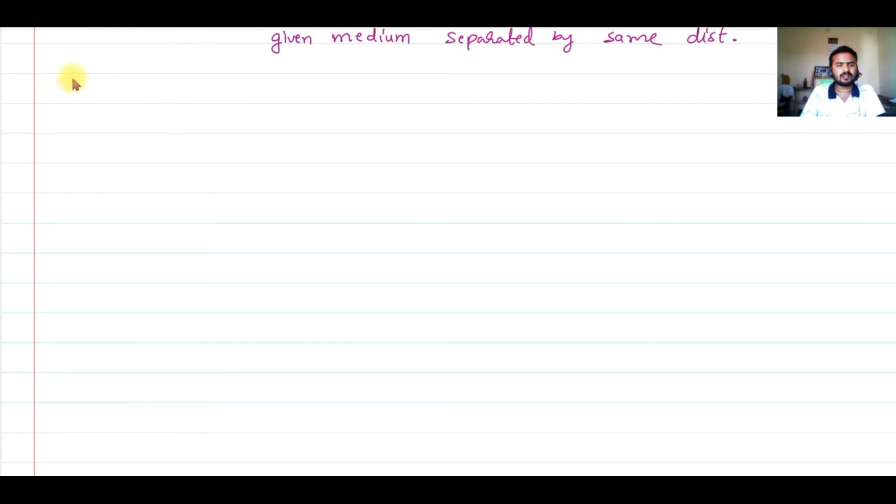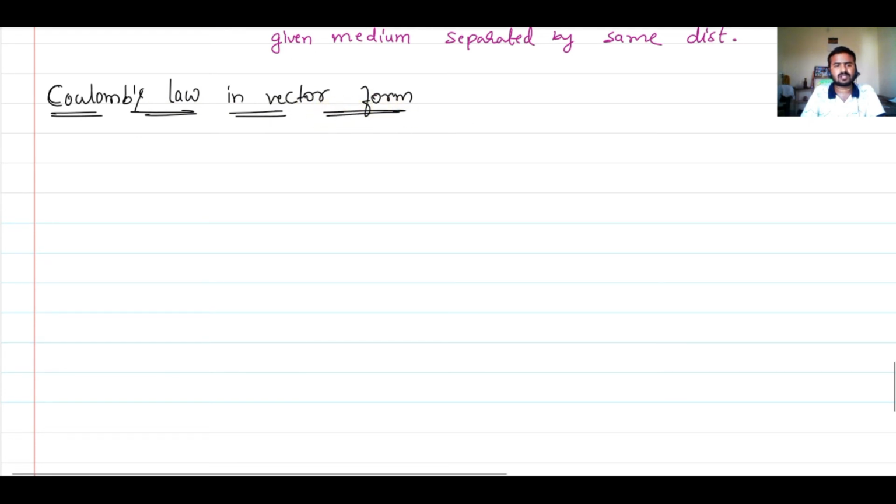Now we are going to discuss Coulomb's law in vector form. It's very simple. Just you have to write the same thing in vector form. So how are we going to write? Take the same two charges. So let's say I have two charges here, Q1 and Q2. See, books will say different things. NCERT says something, different books will say something. What they mean is very simple, which is what I'm going to explain.